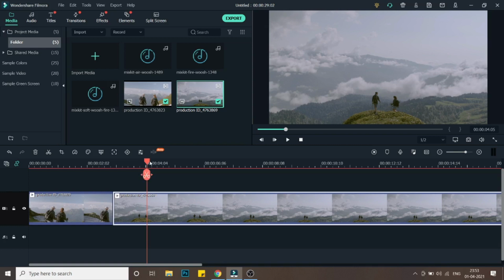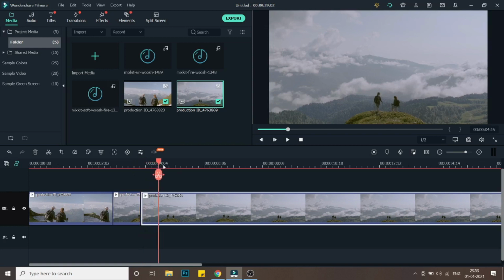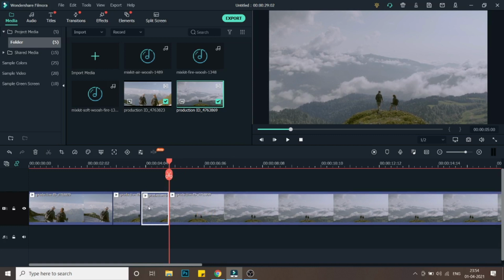So let me just cut it at maybe 4 seconds over here. So this cut will be total for 1 second, from 4 second to 5 second. So I will cut again at 5 second. So make sure this second cut is of 1 second total, from 4 second to 5 second. And then this will continue to be in that cropped motion of zoomed in. So let me just clear things out.